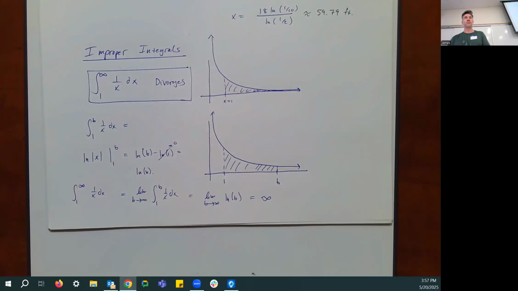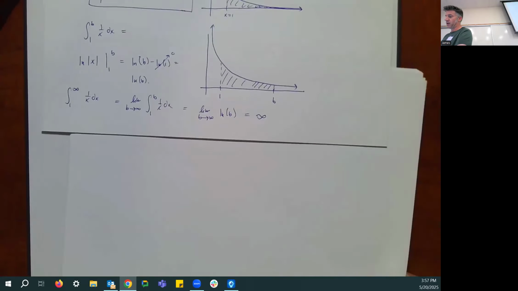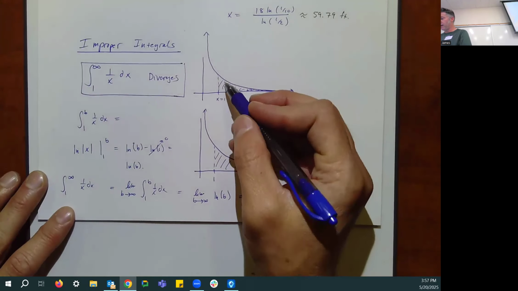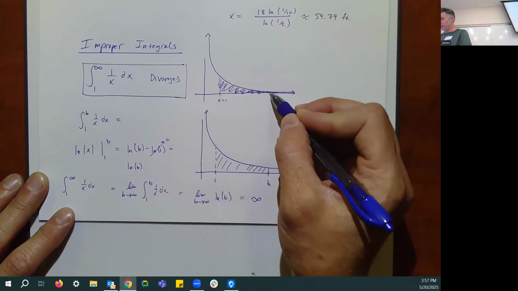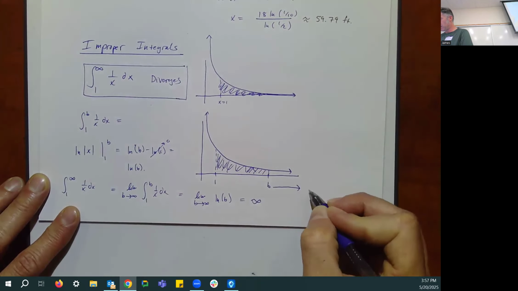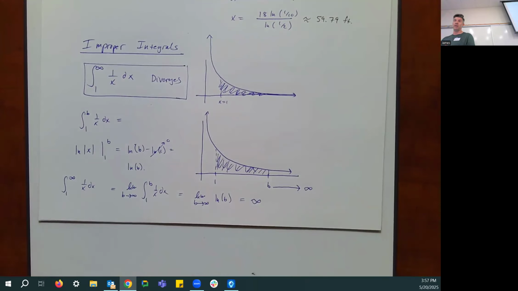Can you explain how you got a limit from just where you got? Sure. So let me re-explain with a new example because it will explain it. So the idea is that I'm finding this area here by looking at this area here and then letting b go to infinity. So that's why I'm using a limit there, because the problem is technically, even though people do it all the time,